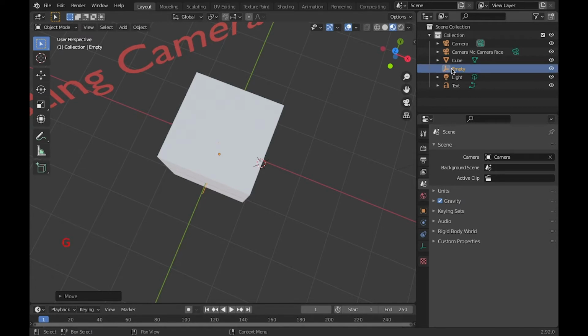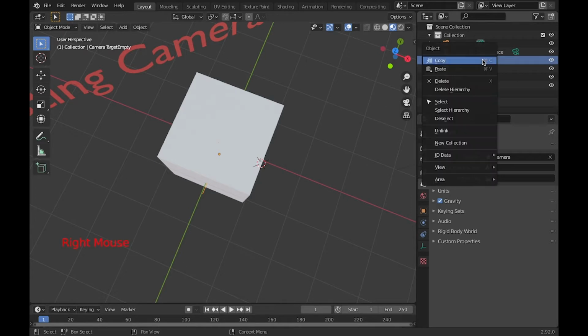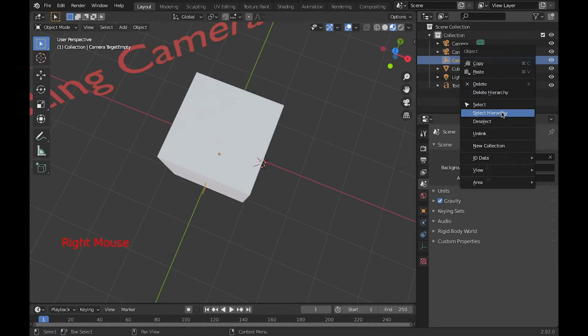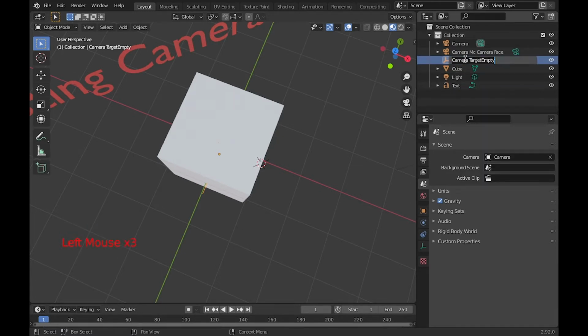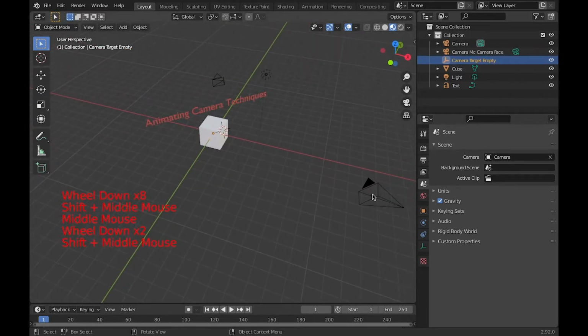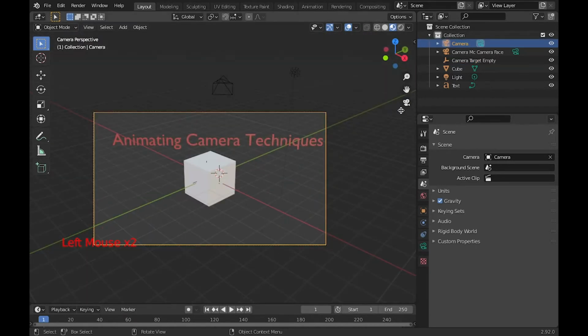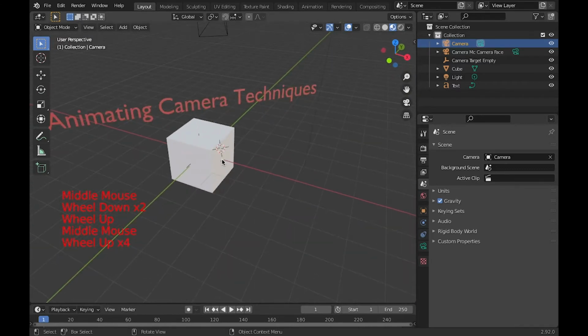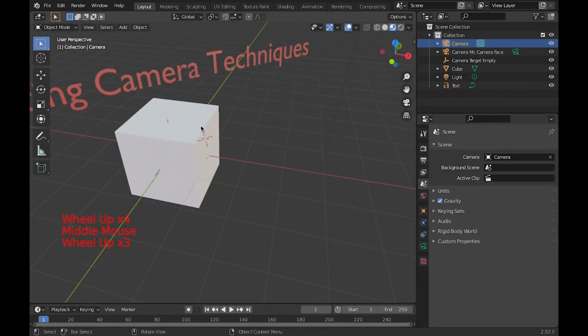That's going to be my camera target, so I can rename that as camera target, and I should put a space in there. Helpful if I use the real mouse. Rename, or double click it, actually this works better. And I'm going to use the first camera, this one here, and if I click this button it'll show you what it's aimed at. Now this camera is going to be essentially parented to the empty,